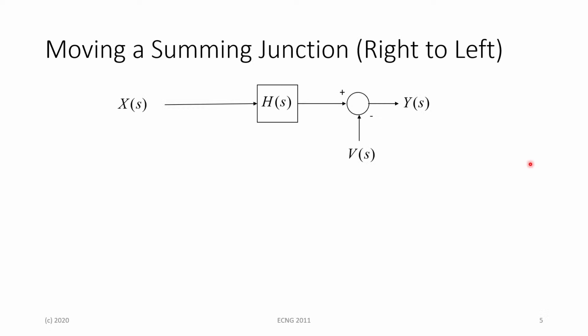So our next technique that we're going to be looking at is moving summation junctions instead of takeoff points. So we're going to have to watch what happens when we move a summation junction from the right of the h of s block to the left of the h of s block. But we're doing the same thing as before, that we need to maintain our y of s equation for the output of the summation junction, or in this particular case the output for the entire block diagram. So if we watch the y of s equation here,